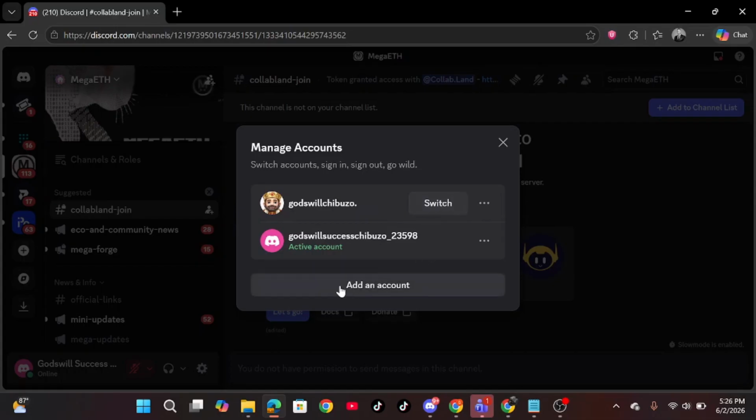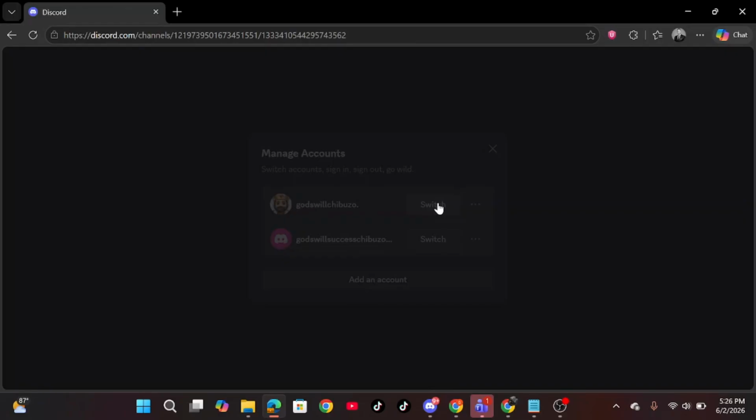Or you can click add account to add an extra account. Maybe you have a third account or a fourth account, whatever it is, you can just click on add account to do that. And if I click on switch,